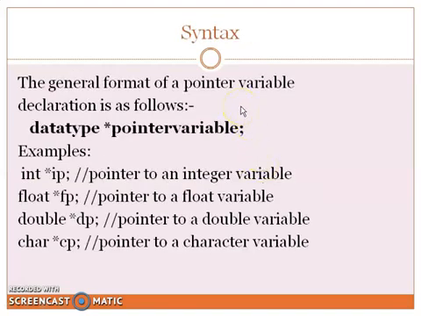So what is the syntax used to declare a pointer variable? Here we should mention the data type, that is nothing but the data type followed by the pointer variable name. When you see the reference operator mentioned here, that distinguishes your pointer variable from another variable. The declaration should end with a semicolon. So these are some examples of pointer variables.